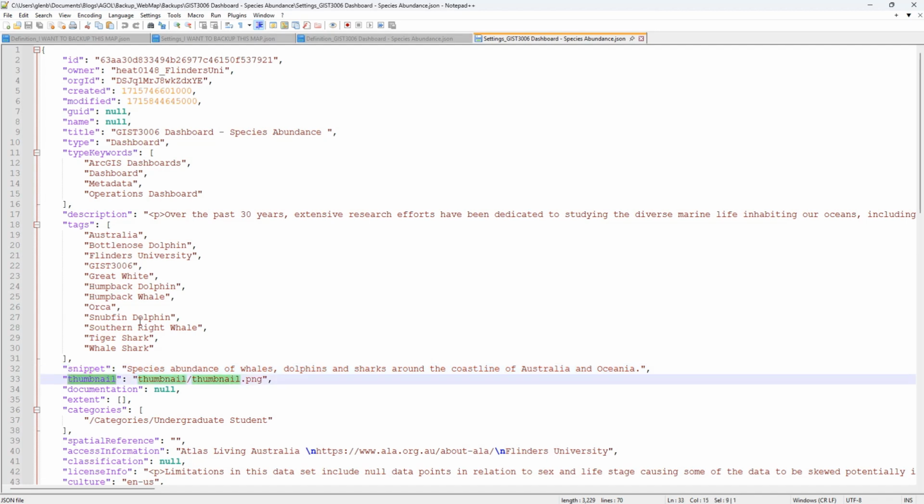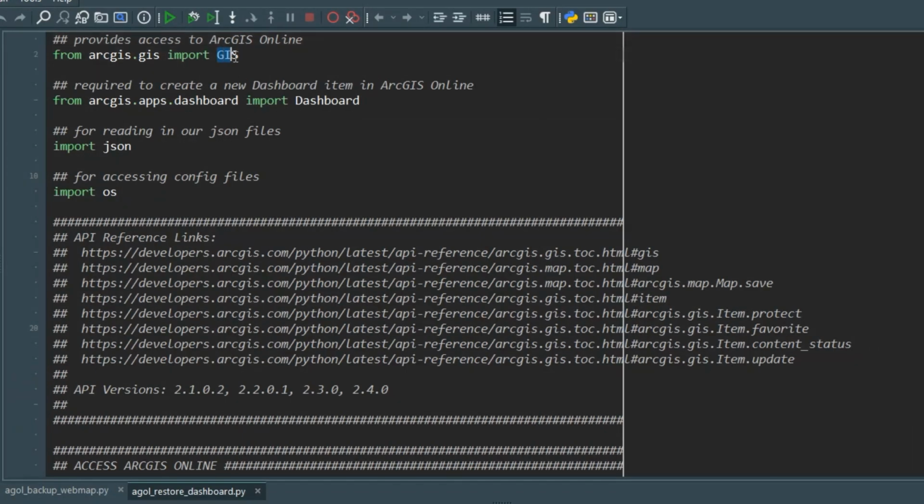thumbnail. So we'll head back over to our Python script, and we'll open up a second one that will restore or create that dashboard in our own organization. Up top, we're importing the GIS class so we can access our ArcGIS Online. We're also going to import the dashboard class. Now this is deprecated, but it's still going to work until that deprecation gets fully removed, which who knows when that's going to happen. And we'll use the JSON and OS modules from the standard Python library for reading in